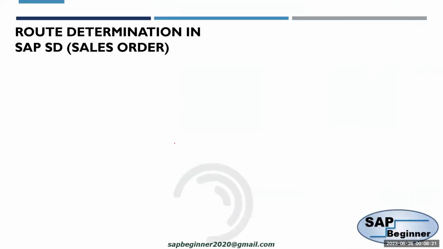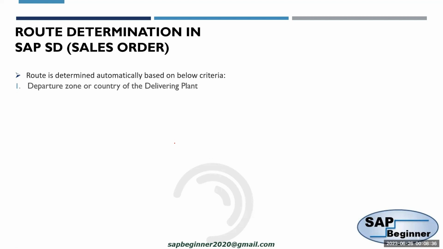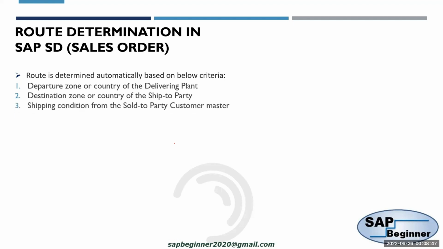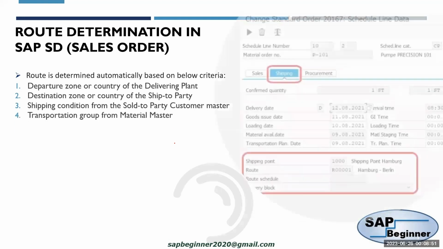Now, route determination in SAP SD sales order. Let's go to the sales order. How the route is determined automatically in the sales order. So, the route is determined automatically based on the below criteria: departure zone or country of the delivering plant, destination zone or country of the ship to party, shipping condition from the sold to party customer master, transportation group